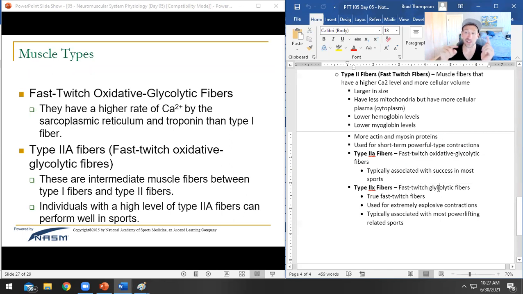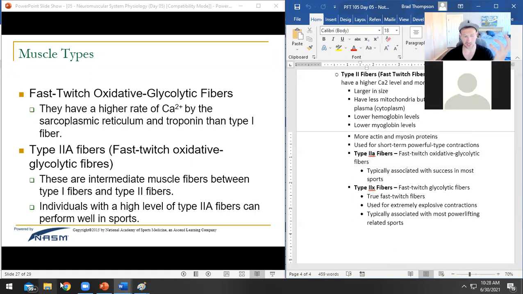So you've got fast twitch oxidative fibers and fast twitch glycolytic fibers. Fast twitch oxidative fibers are kind of like halfway in between. They have a little bit of endurance, not as much endurance as a marathoner, but more endurance than a sprinter. So they're kind of in the middle. When we think of sports, we think of type 2A fibers. Like, when we think of powerlifting,